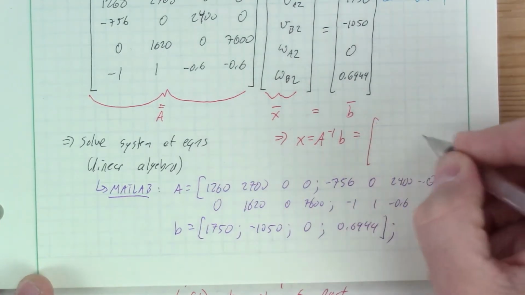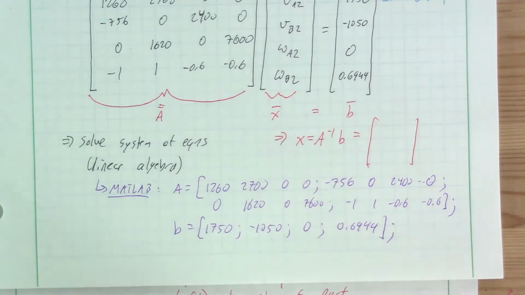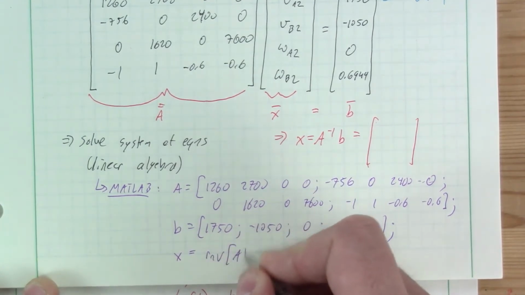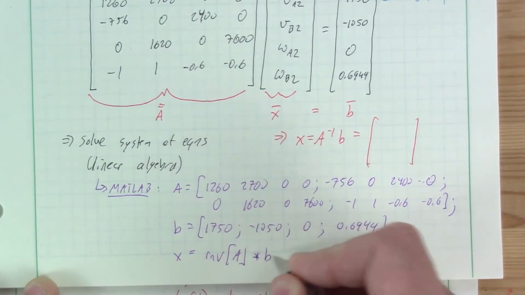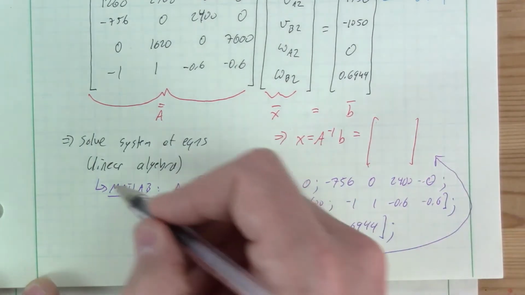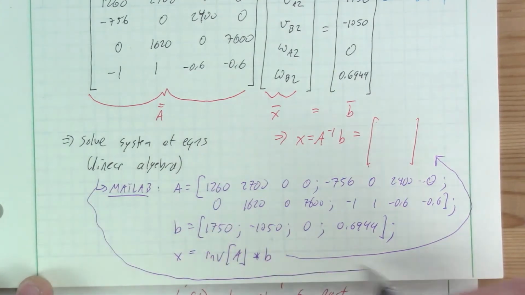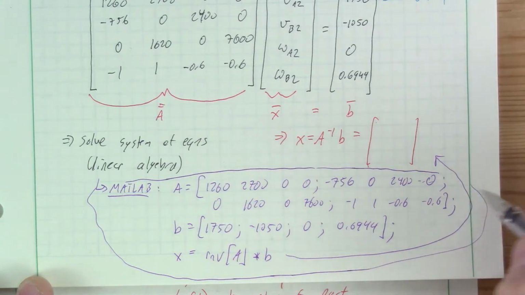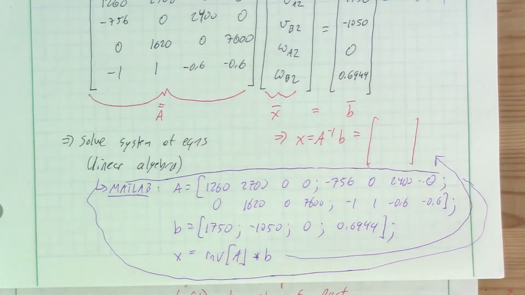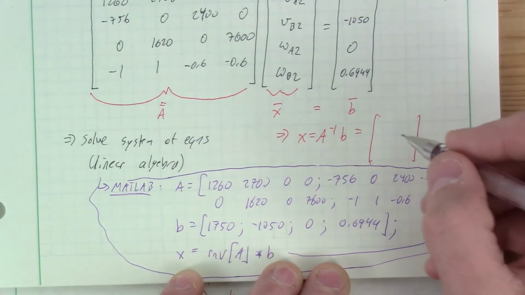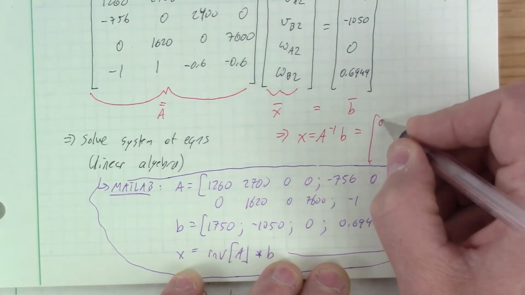Okay, and I'll give you the answer here in a second. In MATLAB, that comes from doing x equals inverse of A times B. And don't suppress the output, because then that'll give you what this is. Okay, so here's my little bubble of solving it using MATLAB. However you do it, whether that's with a calculator, or by hand, which can be a little bit ugly, we get an answer that is